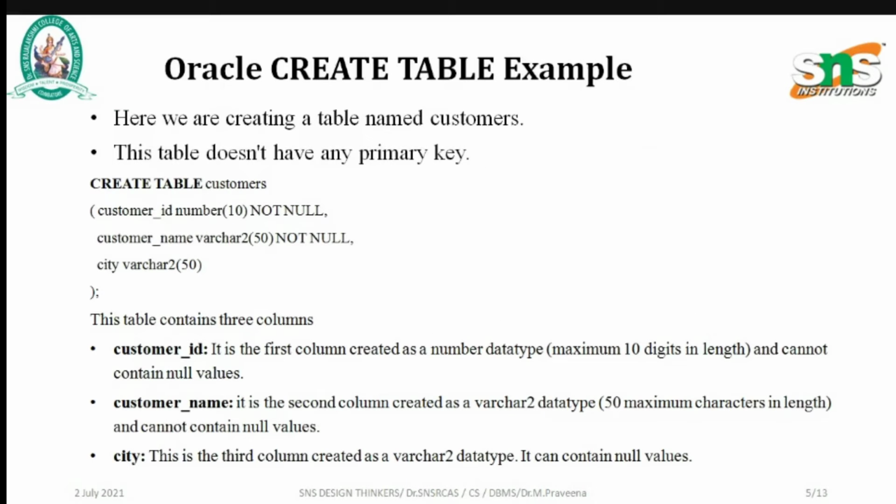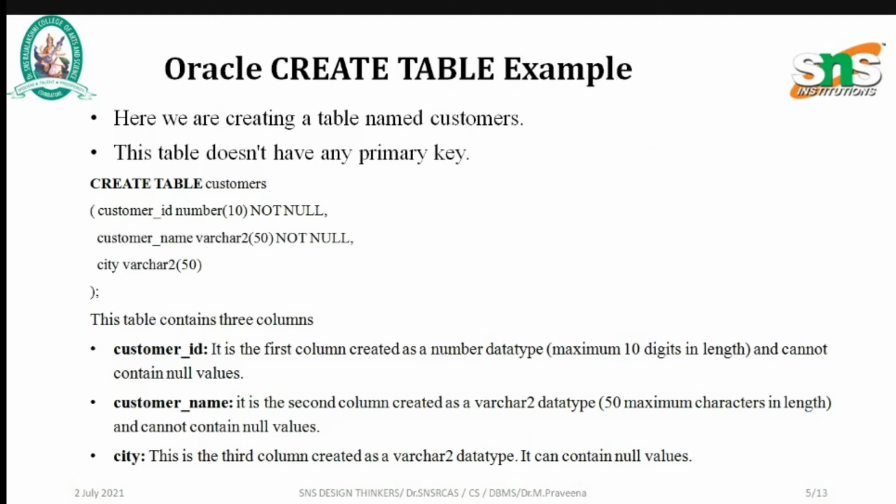Here we are creating a table named customer. This table does not have any primary key. So create table customer. Customer ID is number. If we want, we can give it as primary key, or we can just leave it. And then customer name, that is varchar.